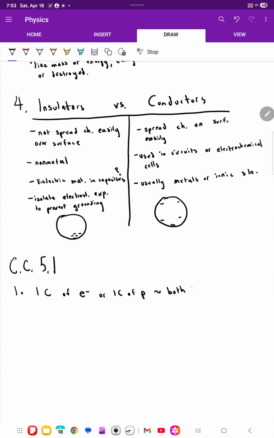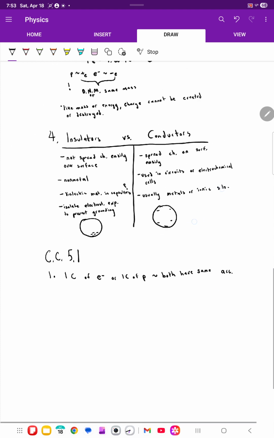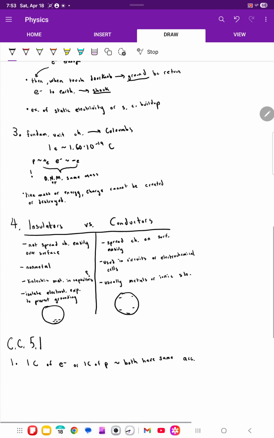It seems like they both have the same acceleration, because we learned that 1 charge is